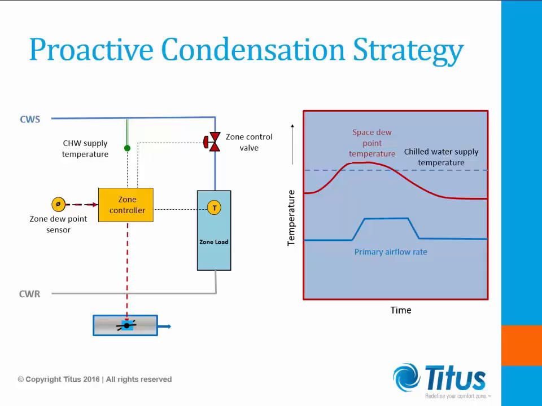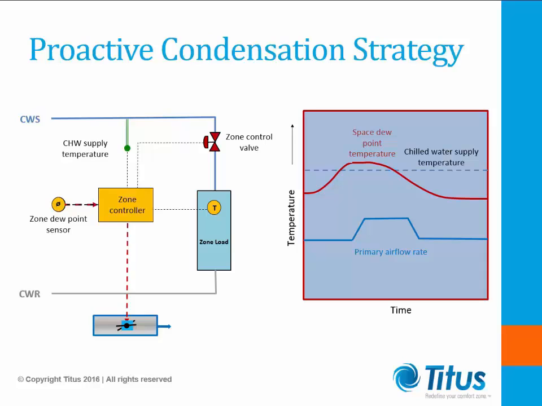This strategy would normally be applied on a floor-by-floor or multiple-zones-per-floor basis, and the dew point sensors will be placed in 2 to 4 strategic locations within those zones or within the floor. It's unlikely that the sensed dew point temperature would vary by more than a few degrees within those spaces, and it would provide a good estimate throughout the entire space. Zones that have operable windows and doors should always continue to employ the reactive strategy on top of this,